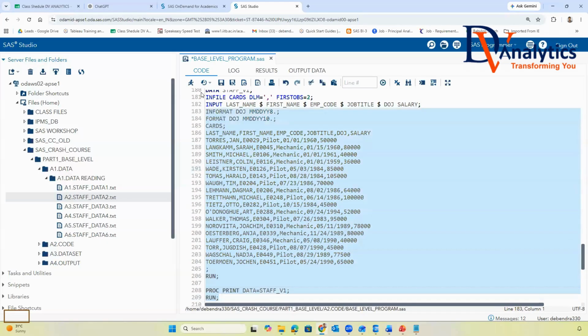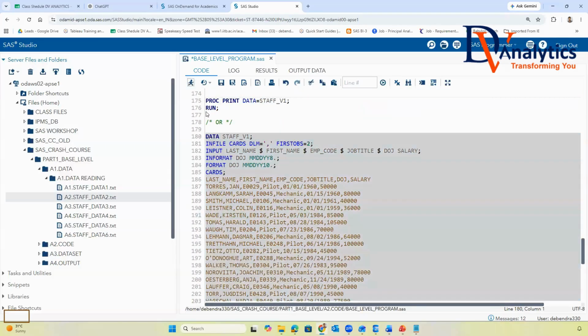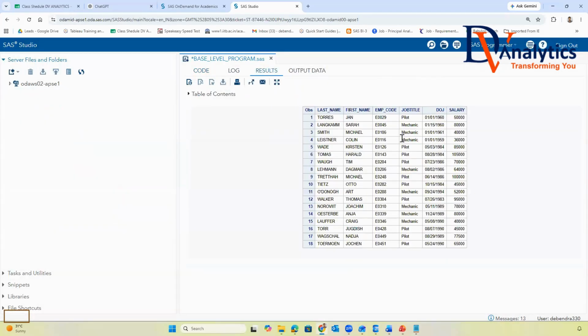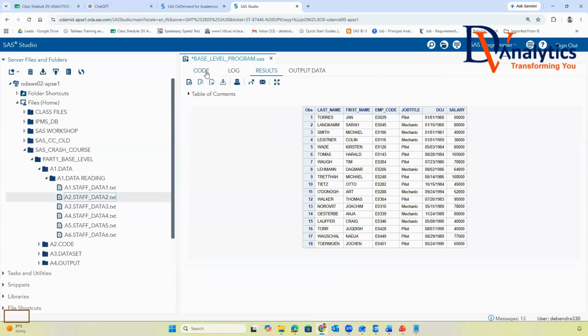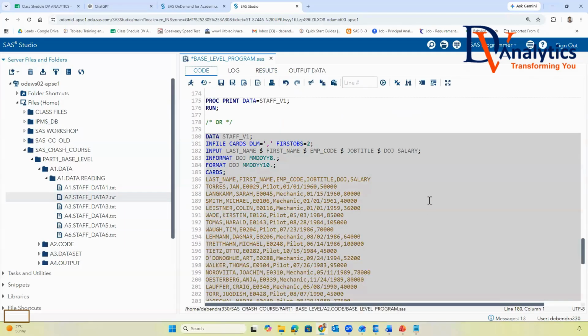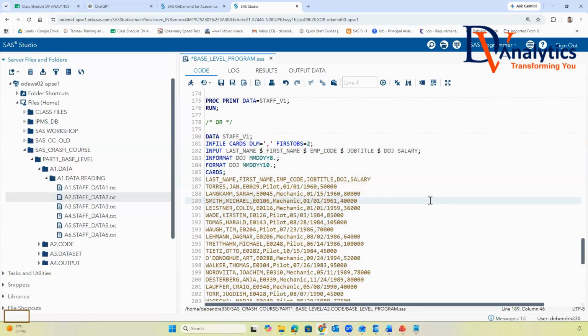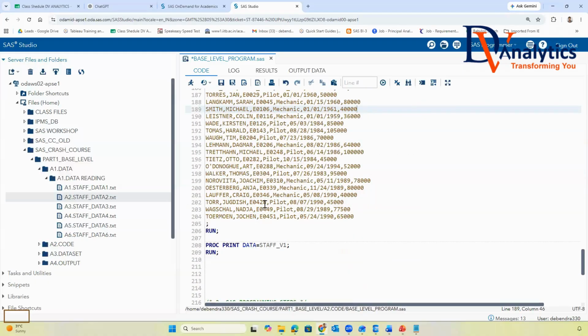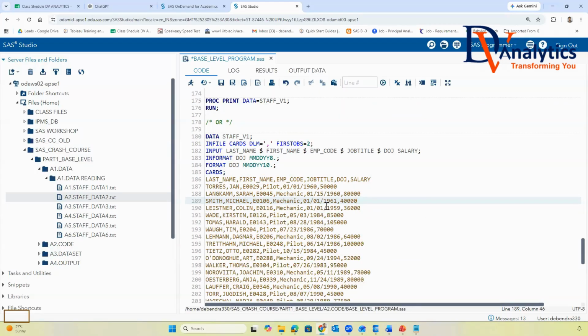Now, if you run this program, what is happening guys here? Your data set is also coming. It is the same as what we did in the first. Everyone, yes or no? Yes, sir. So we can give this file path or we can copy paste this data. But mostly what we do, if it is 10, 20 records, we can copy paste. If the data is more than that, if it is 20,000, we cannot copy paste. We have to give the file path to read the data. Is this clear to all of you guys, everyone?